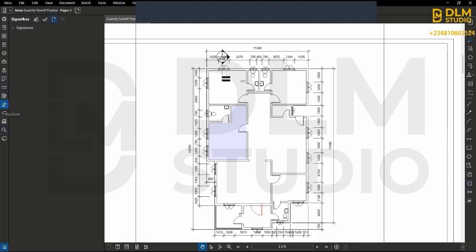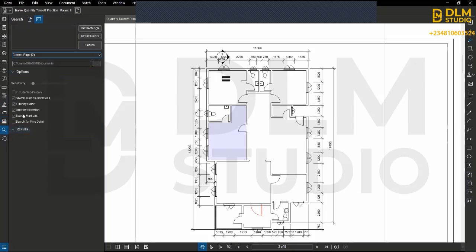I have the signature, add the signature. You can create a digital signature, then just bring it in whenever you need it. So that's for signature. You can sign documents and the likes. Then we have the flags, flag page. We have sets, join sets, search. This search tool will be used for